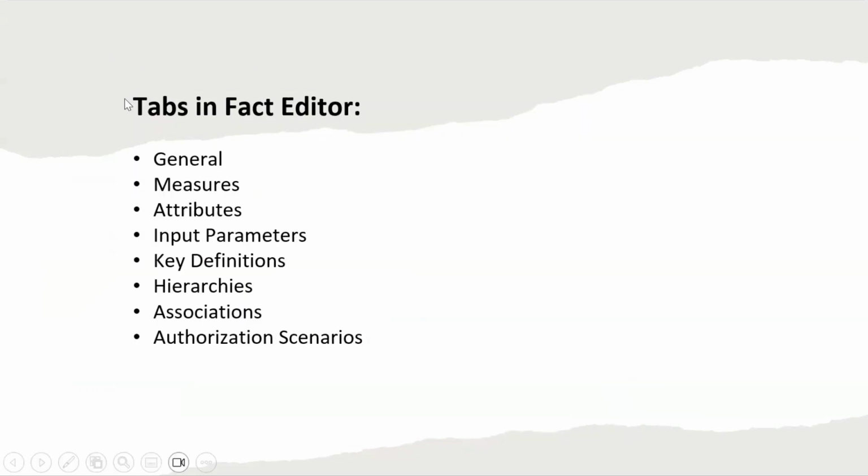So, tabs in the fact editor. A fact editor looks exactly the same as the dimension editor. We have almost the same tabs: general, measures, attributes, input parameters, key definitions, hierarchies, associations, and authorization scenarios. So let's quickly move to the demonstration and see how easily we can create a fact